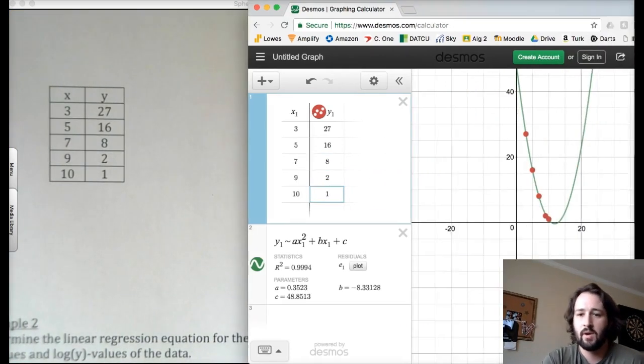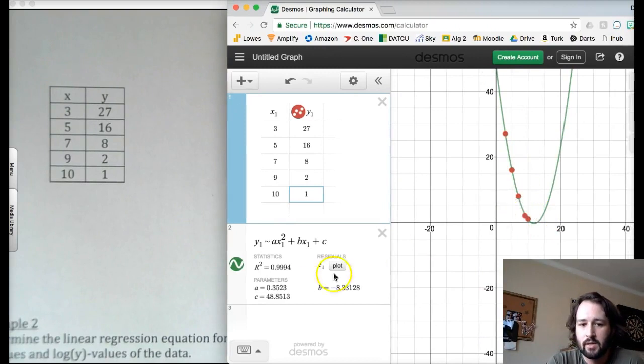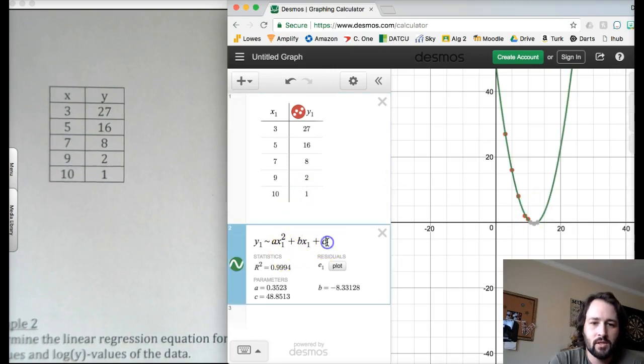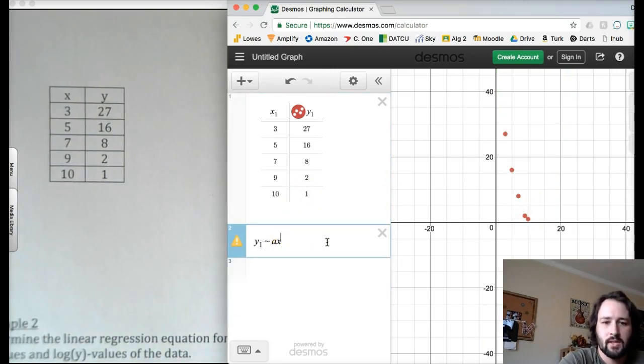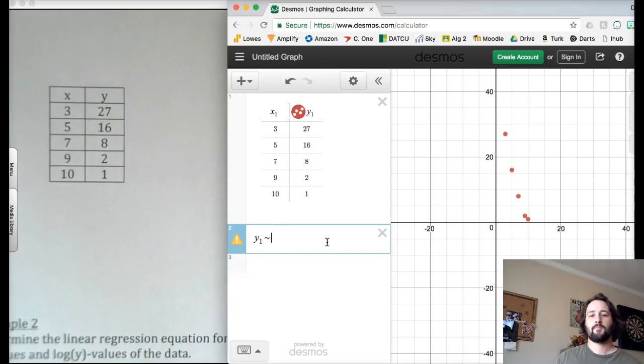So looking at my graph, it could be quadratic, right? And we get a pretty decent R squared. But it looks like if we were to keep going, it could also go down. So you could make the argument that it's quadratic, but I'm going to do one just for you, because I know you want to see it. That is exponential. To me, I would see that. I don't really see it going back up or anything like that,